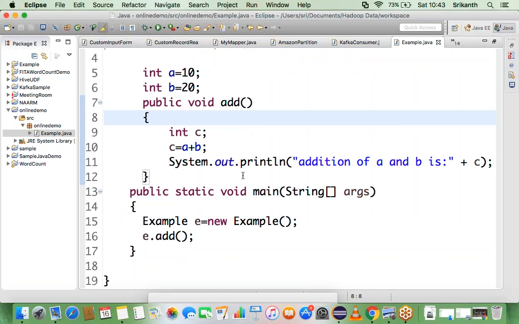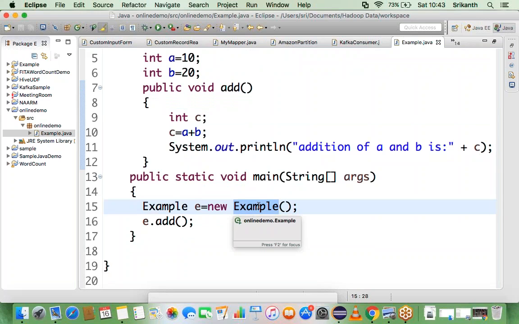Good. Now we'll see here, why do we need constructors? What is a constructor? A constructor is a method whose name is equal to the class name. Correct? Is this correct? Yes. Definition? Here my constructor is example. It is followed with open and closed parenthesis, which means it's a method whose method name is equal to the class name. That's why it is not a normal method, it is a constructor. And why constructors are required, and why I am calling the constructor only at the time of object creation, that's another question,